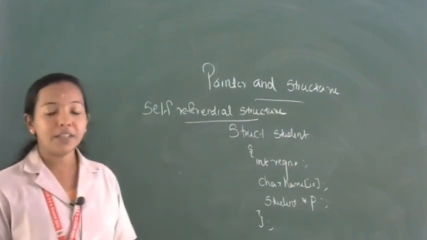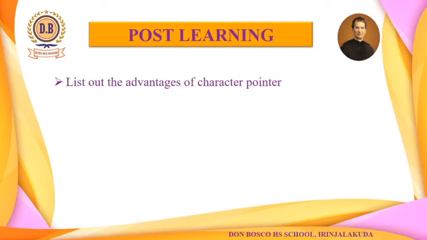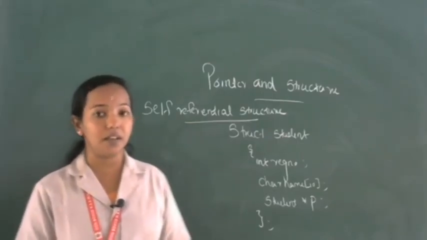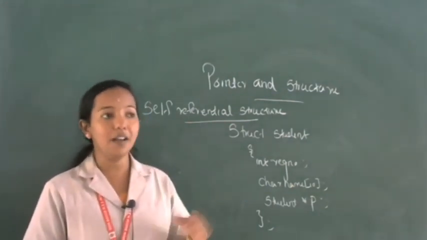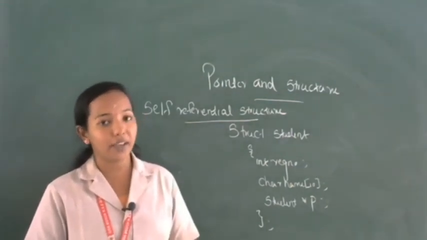Okay, clear? Then you want to write one question in your notebook, that is, what are the different specialities of character array and what is meant by self-referential structure. Okay, so hope you understood these two terms. Then the remaining section, that means this section, is over. Then the revision section we will discuss in the next video.